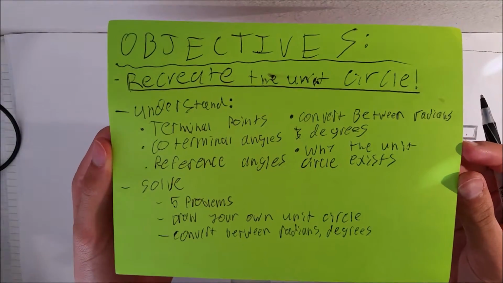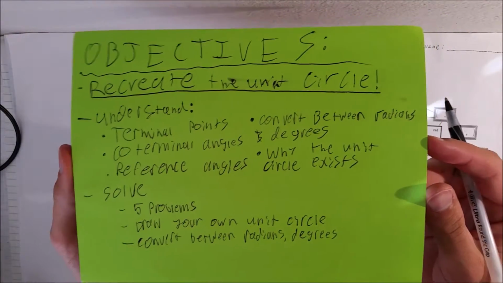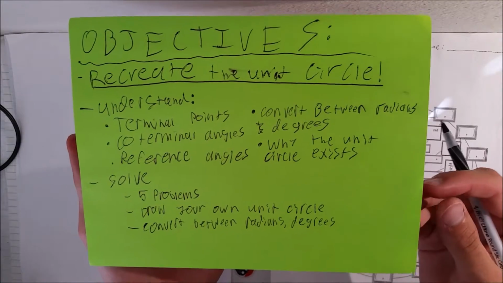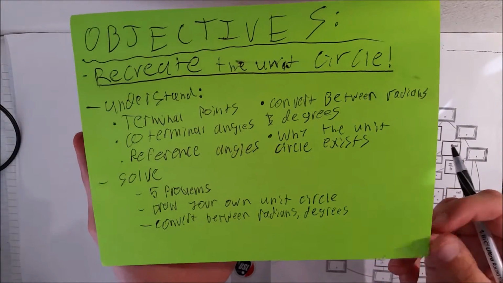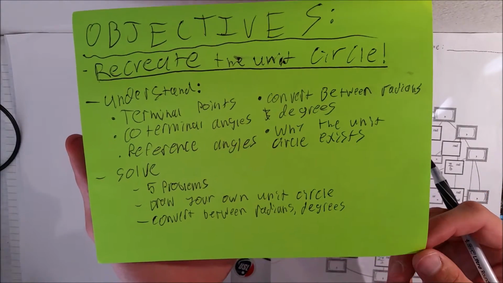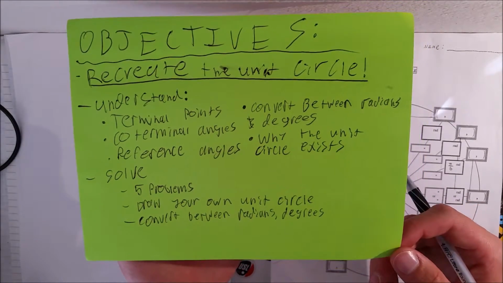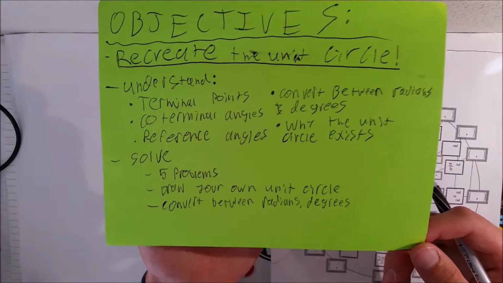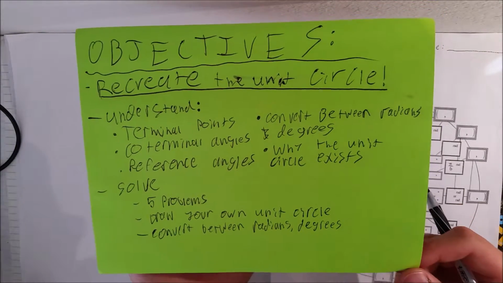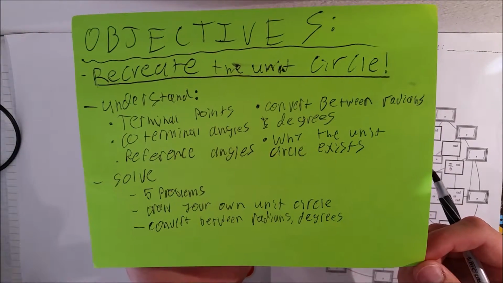The unit circle is extremely important to Standard 29 and the majority of Precalc because it allows you to find the angle measurements, reference angles, and terminal points of different triangles and allows you to solve multiple different kinds of problems. We will also be able to understand what terminal points are, what coterminal angles are, what reference angles are,